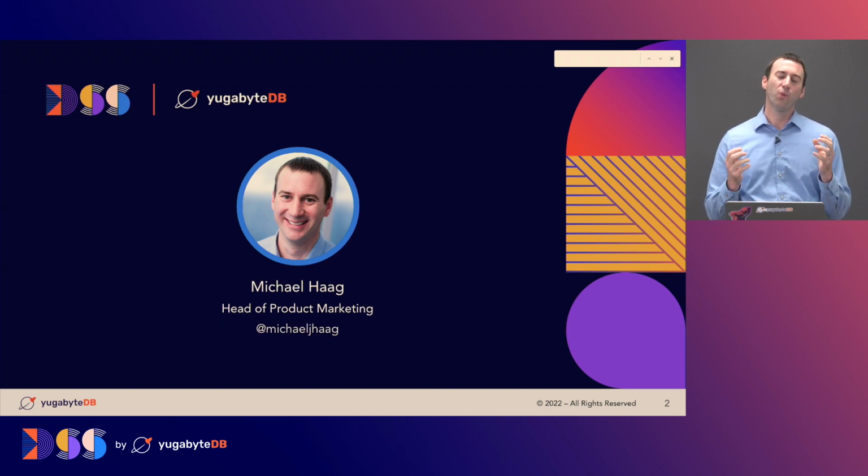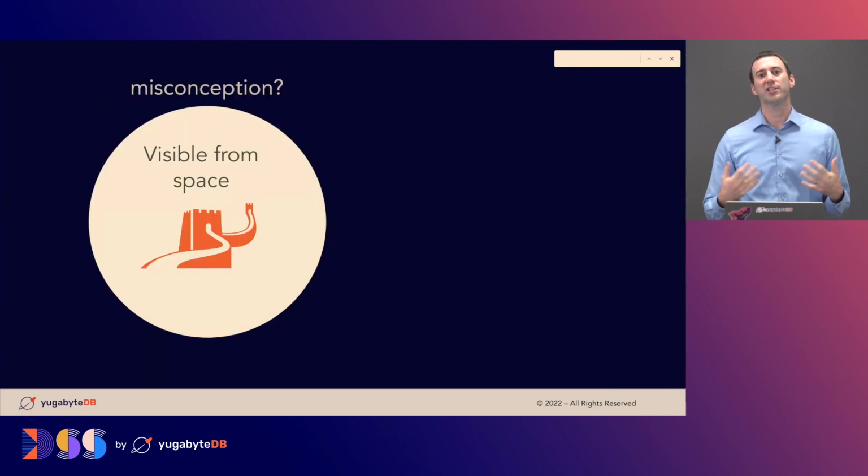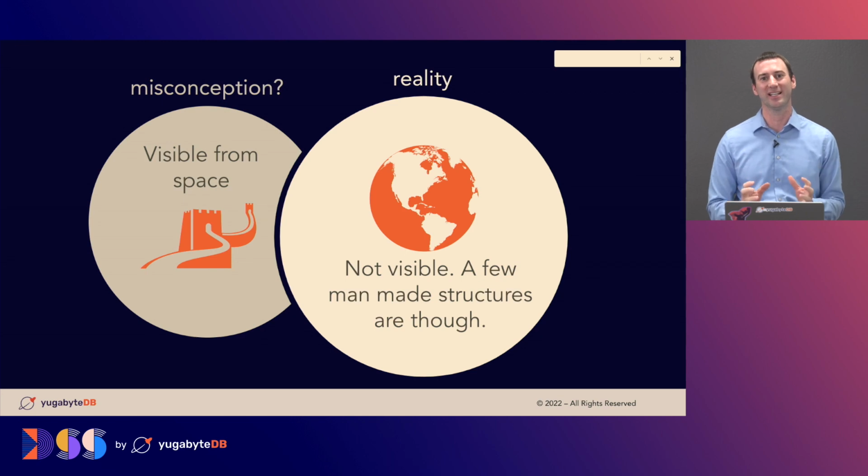But what about some other misconceptions that maybe we aren't sure are true? I pulled up one of my favorites that I did some research on. We've all heard this idea that the Great Wall of China is the only man-made object visible from space. If you go looking at NASA, the sad reality is this is not true. As cool as the story is, the Great Wall is 13,000 miles, 21,000 kilometers, but it's built in rocky, hilly terrain, and it's rocks that blend in with everything else around it. But there are some man-made objects that are visible from space.